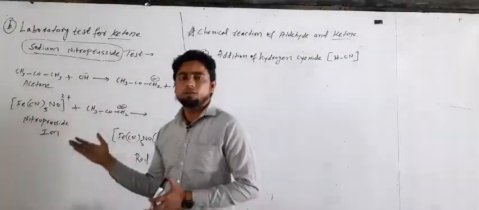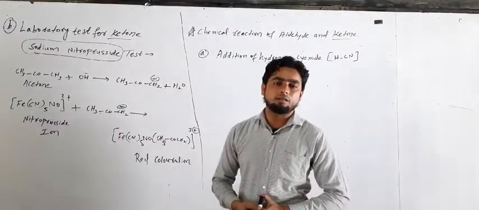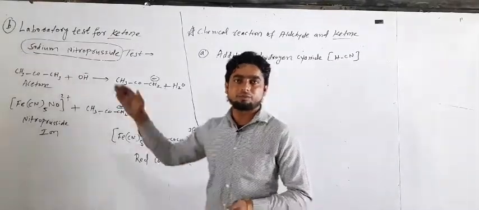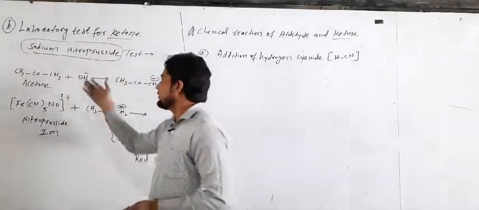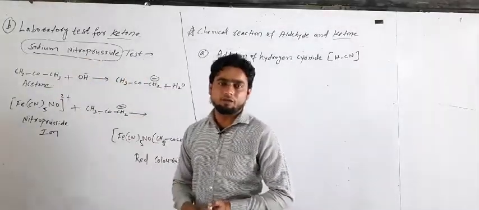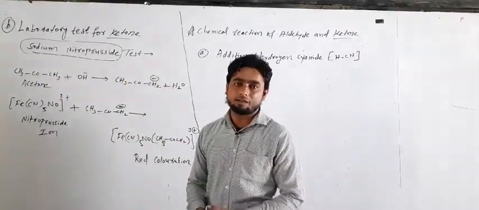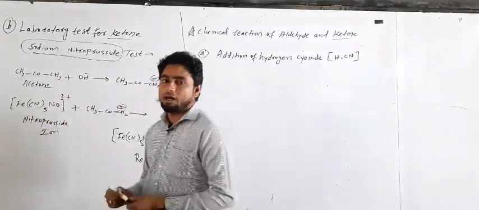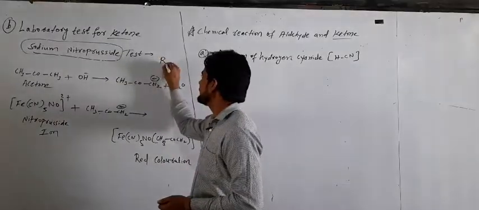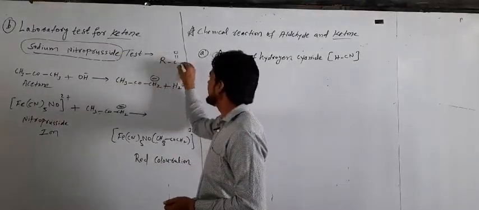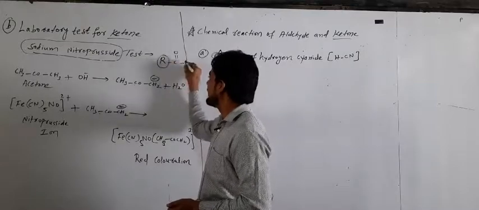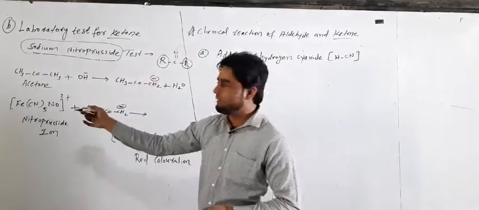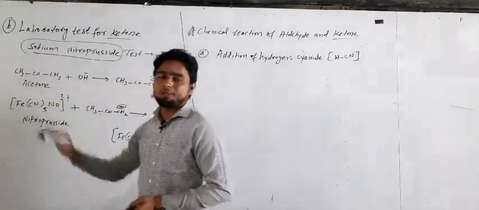Okay, you know ketone is one type of carbonyl compound. It contains a polar bond. Carbon carries a plus charge, O carries a minus charge, because it's a polar bond. So how does the chemical reaction take place, how to identify whether the given compound contains a ketone or acetone? If the compound is RCOR, it is called a ketone. When the alkyl groups are replaced by CH3, the special name of the compound is acetone.